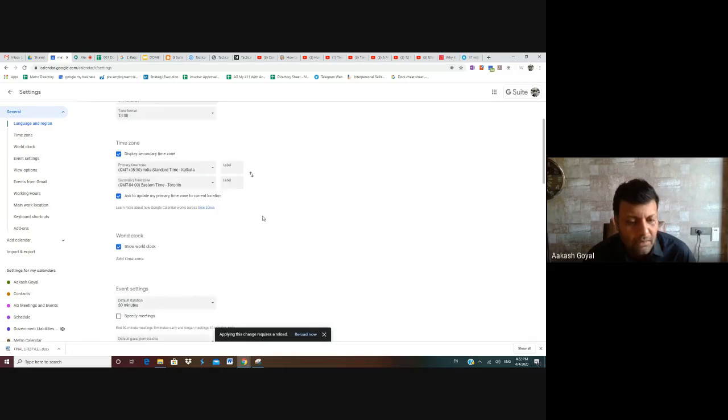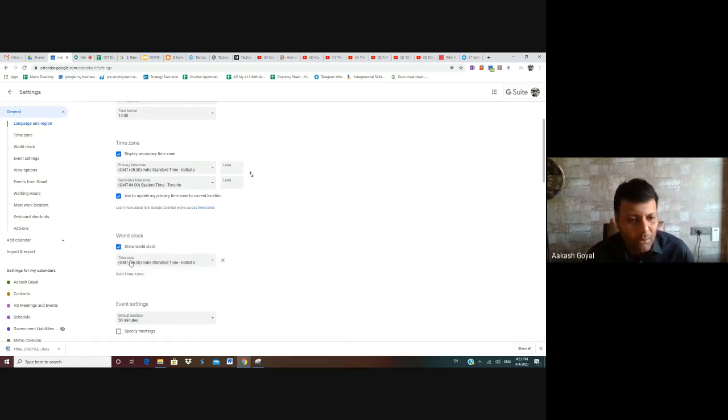Then it will show me both the options, India and Toronto. Now I've checked this option, which says ask to update my primary time zone to current location. So when I'm in Toronto, this will become my primary time zone, and this will become my secondary time zone.